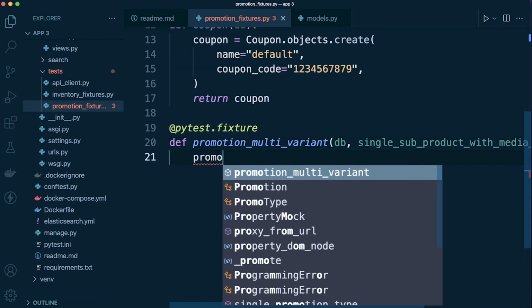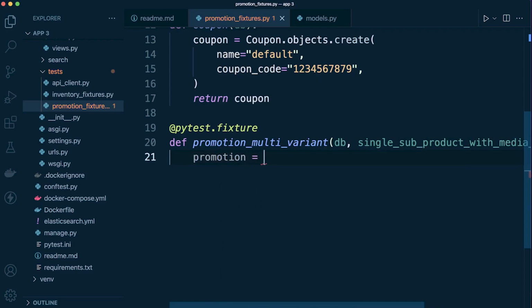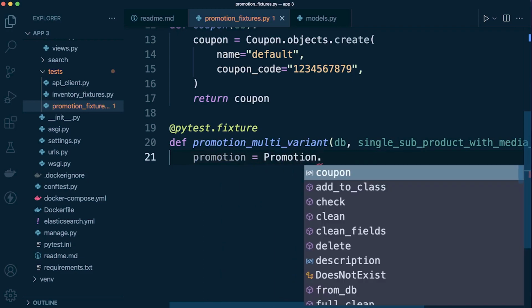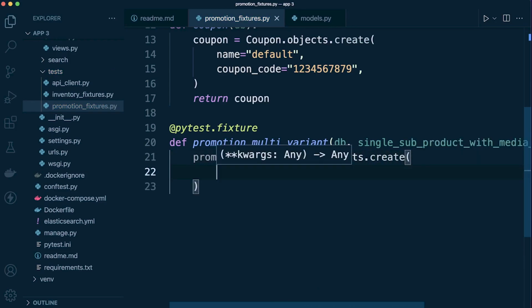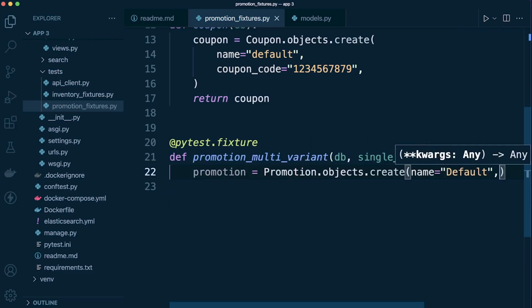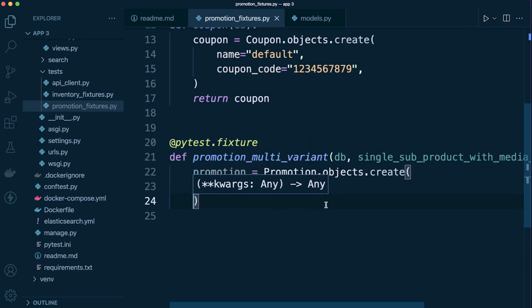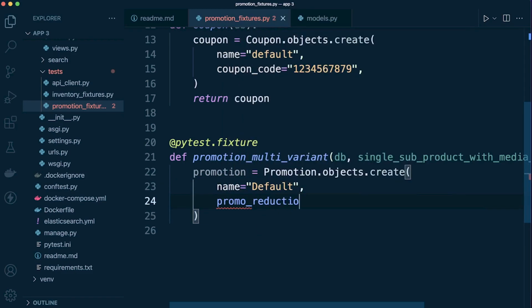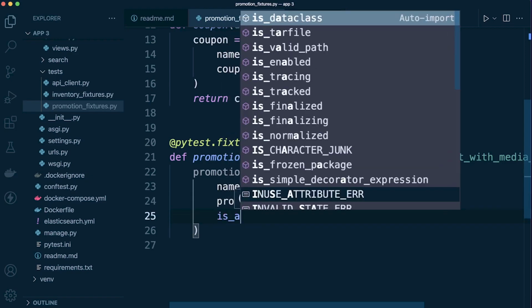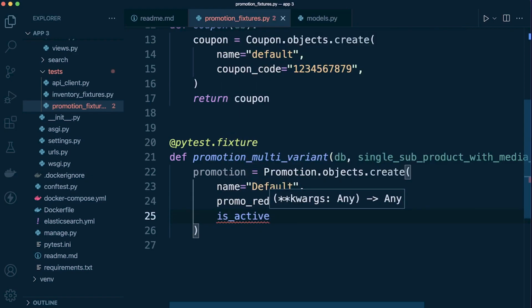And now we can go ahead and build a new instance. So promotion equals Promotion from the promotion table, objects.create. So we're going to create a new instance, a new row. So name equals default. So that's the first field. Then what's next? The promo reduction equals, let's put 50, for example. So that's a reduction as a percentage, don't forget. So is_active equals False,